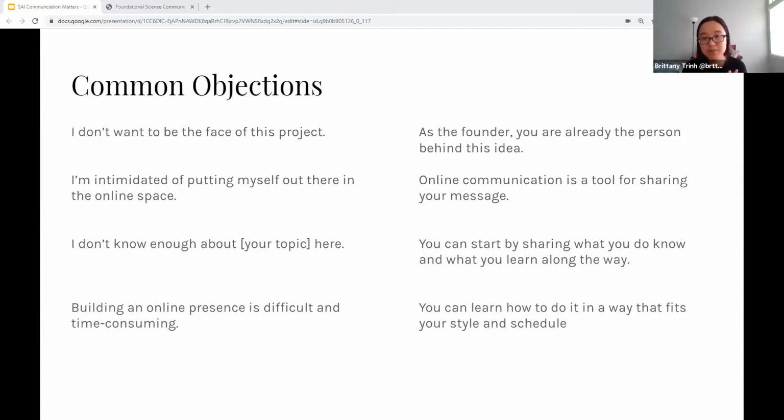So some of the common objections you might have in the beginning is that you are afraid to be the face of the project, or you are intimidated by putting yourself out there in the online space. You don't know enough about your topic, or you think that creating an online presence is difficult or time consuming. And I think all of these things we have to acknowledge, these are just limiting beliefs that we have set for ourselves. And in order to clearly communicate your message and yourself online, these are some mindset